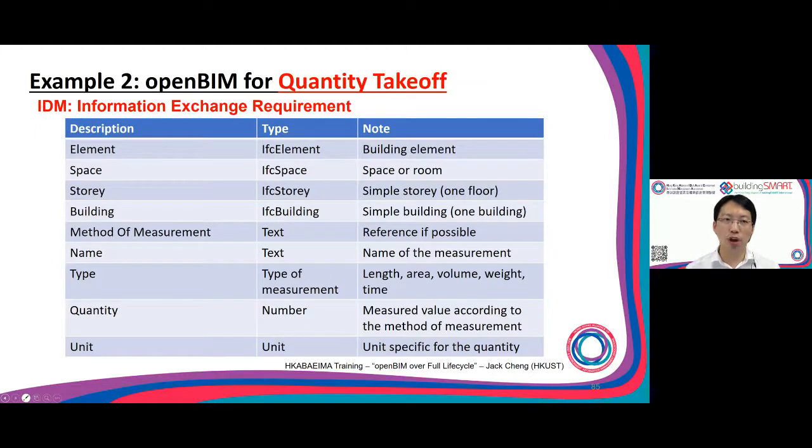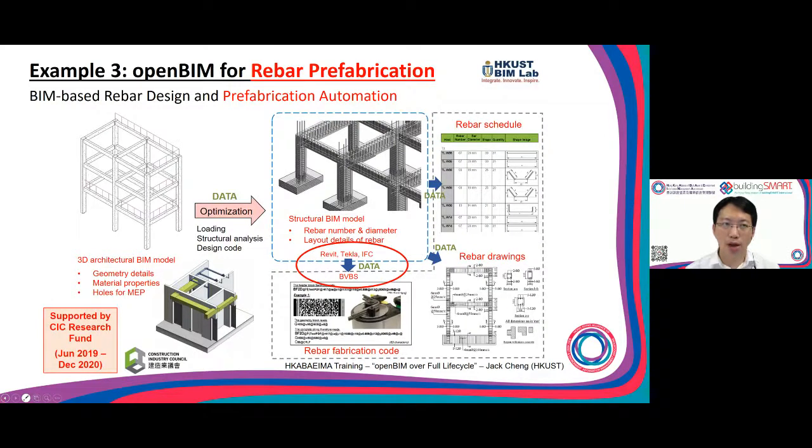And then they also have the information exchange requirement for the IDM. That means for doing the QTO, what information is required to be exchanged and captured? For example, the element, the space, the story, the building, etc. So this is what they try to define and then embed into the workflow to create the IDM. Third example